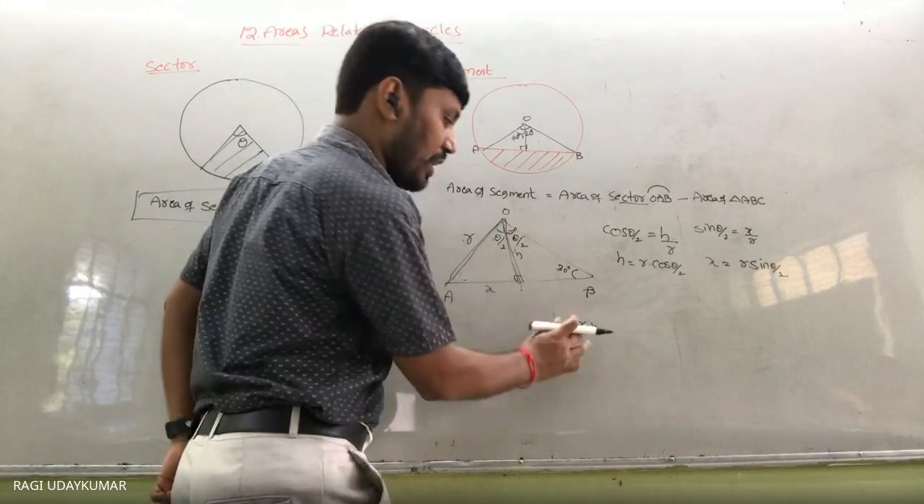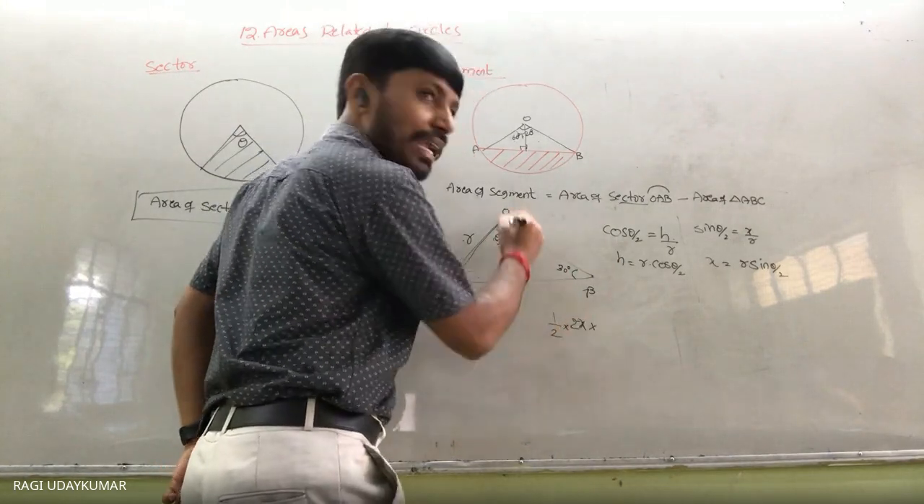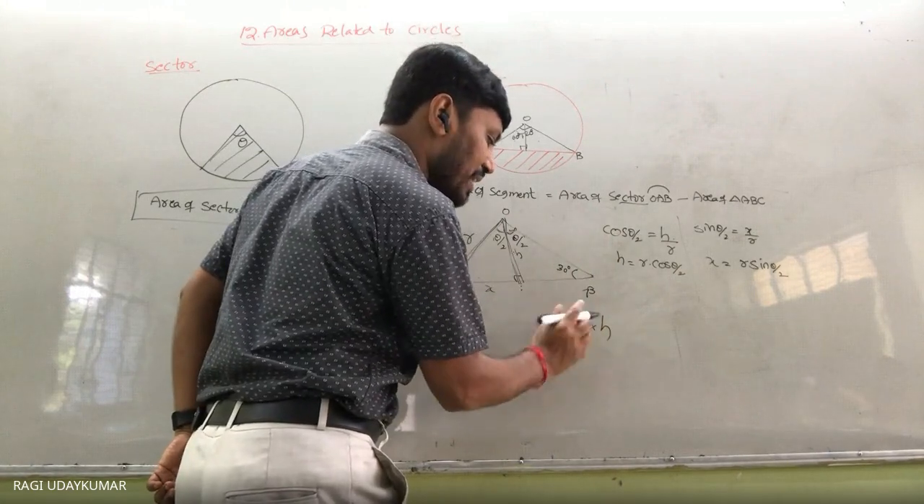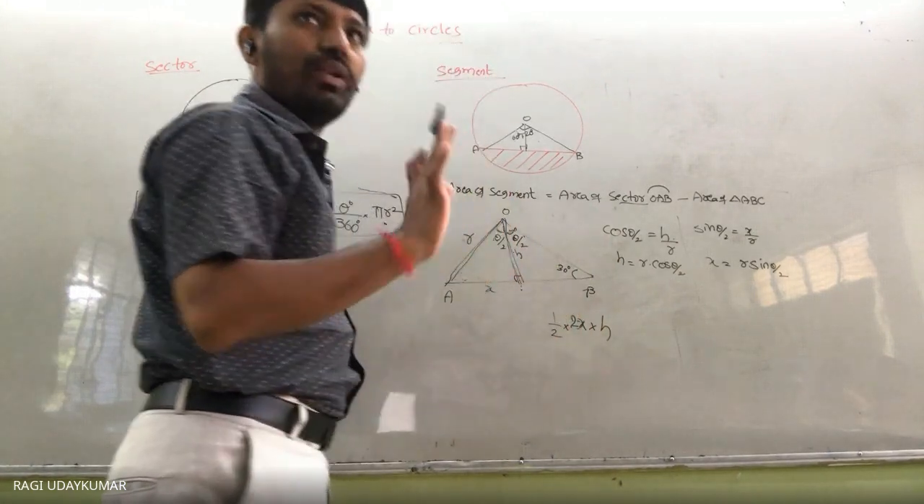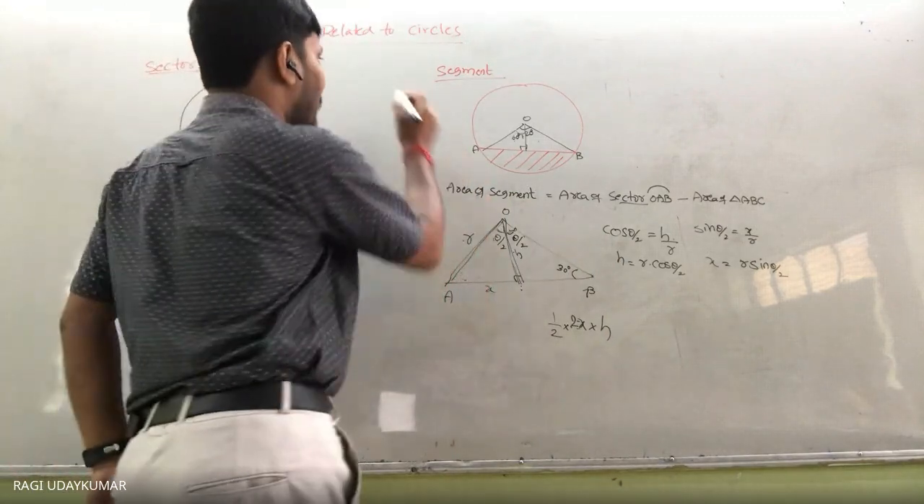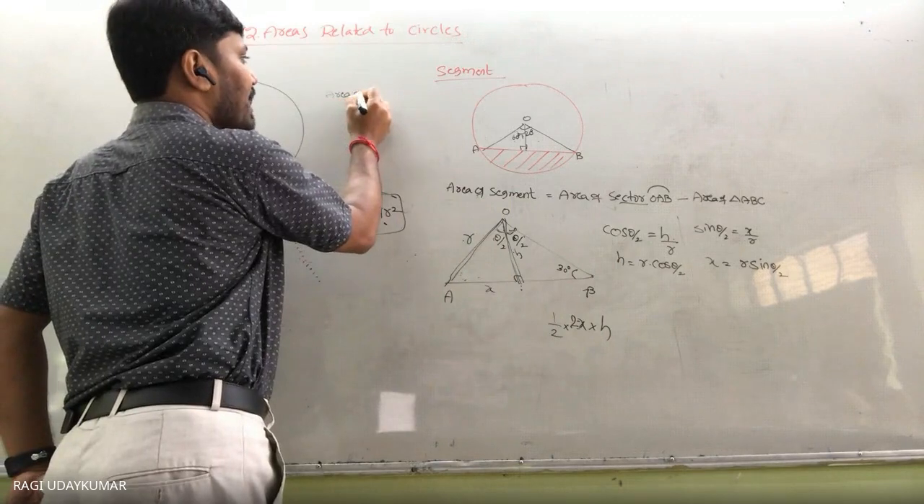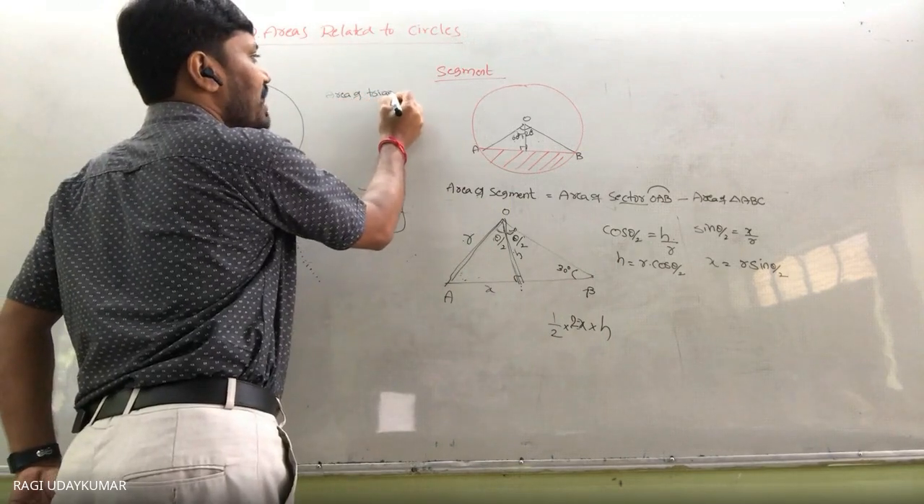Height, sorry, 2x and height. Yeah, 2 will get cancelled. Otherwise 2, let it be like that one. So what do we get here? This area of the triangle, which is making a theta degrees at the center, is equal to